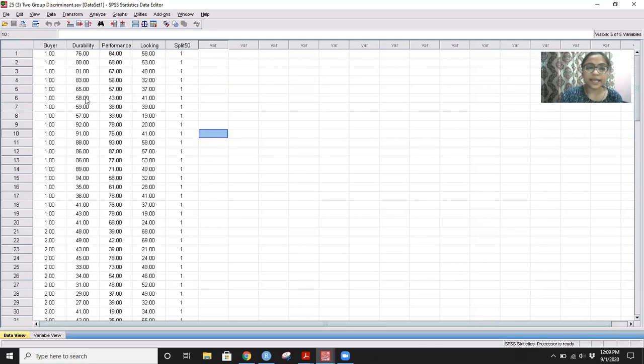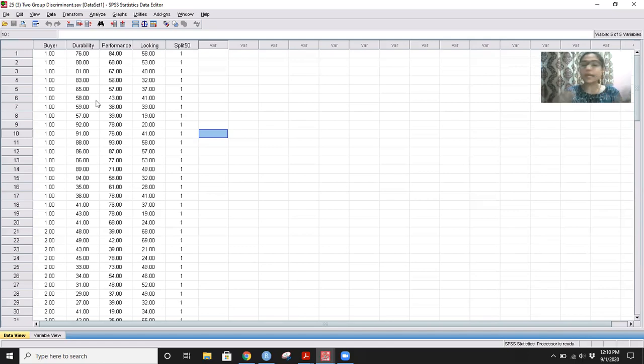On these 80 customers' data, I'm going to use discriminant analysis in a way such that I'm going to split my data into two types. One would be the estimation sample. So out of 80 observations, I'm going to utilize 40 observations to estimate the discriminant function. And then on the rest of the 40 observations, I'm going to check the classification. I'll employ the discriminant function obtained from the first 40 on the latter 40, just to classify my customers into either of the groups.